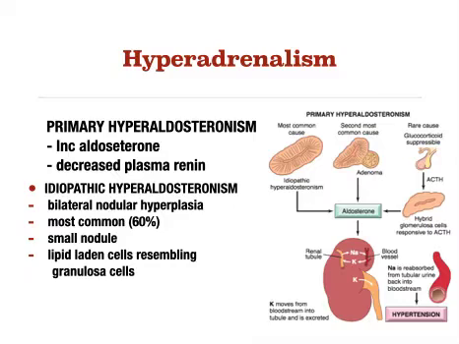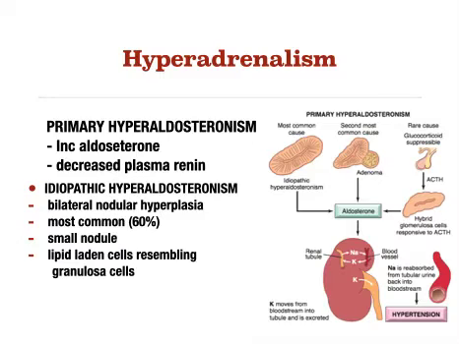hyperaldosteronism. And we have three common causes of this. First is idiopathic hyperaldosteronism, which is the most common. Then you also have an aldosterone-producing tumor in the adrenal gland, which is the second most common cause of primary hyperaldosteronism. And then we have the least common and rare cause, which is called